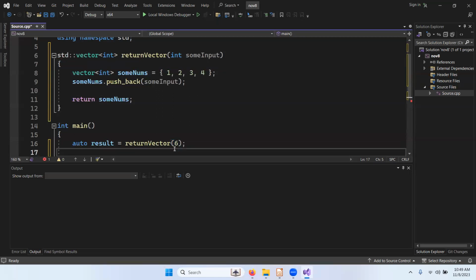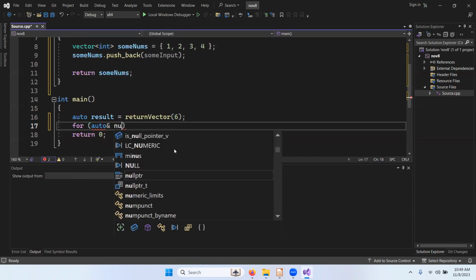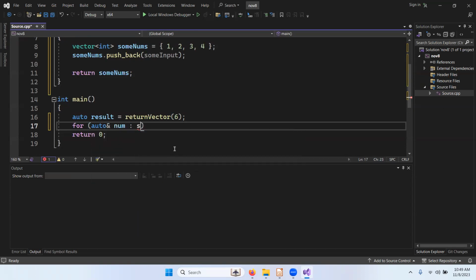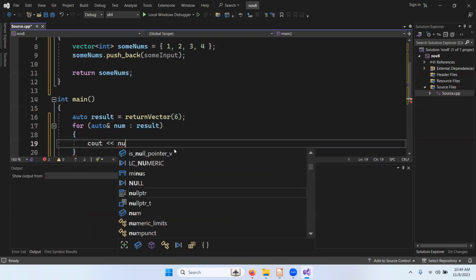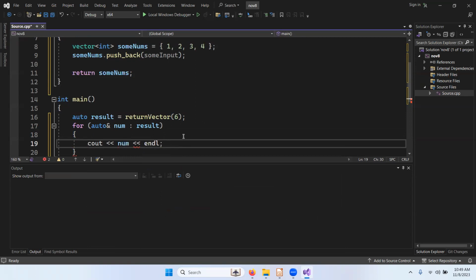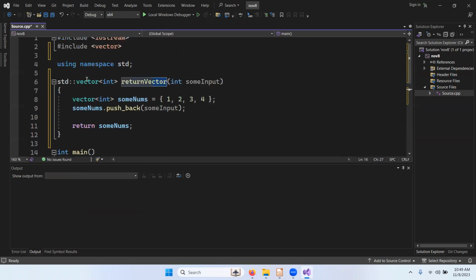This is just a silly example that I'm getting into. So this return vector function returns multiple values. There are some complexities to it, but